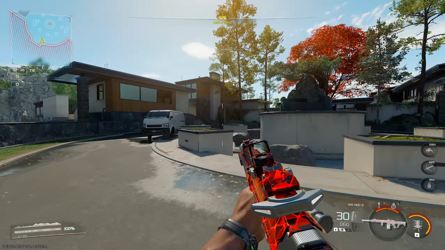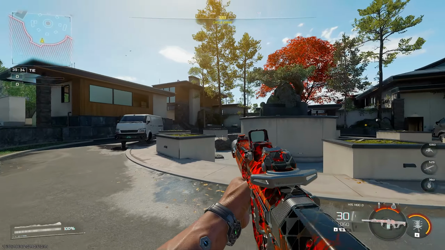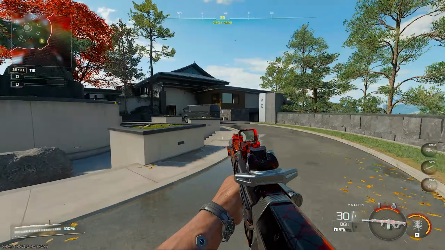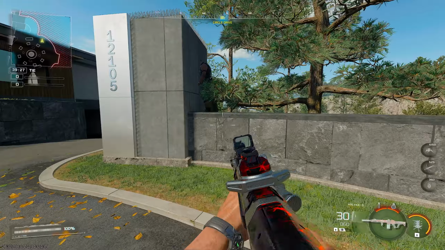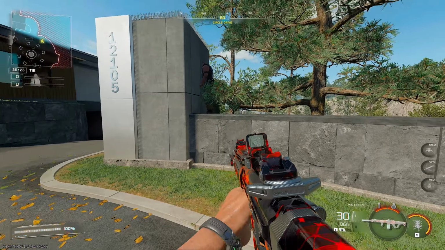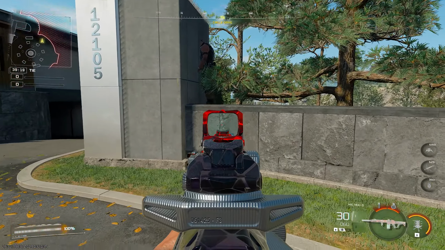All right, now it's time for raid. There are a couple on this map, so starting from this little courtyard area, turn to the right and look for this brick wall next to the numbers. We're going to go over this part of the wall right here. Basically, what we need to do is jump over the wall, and it will